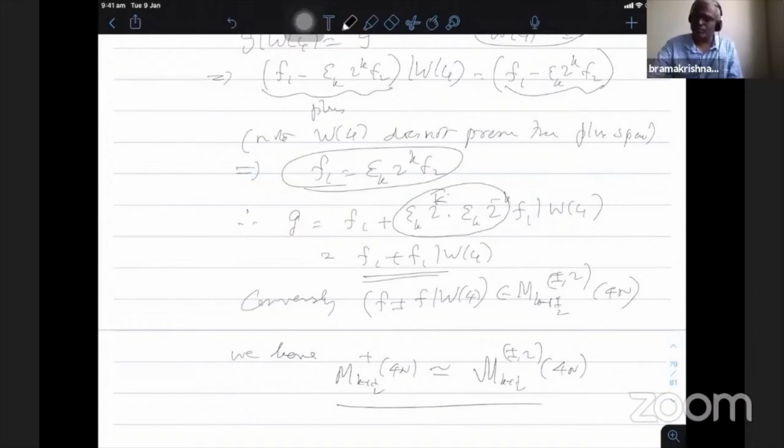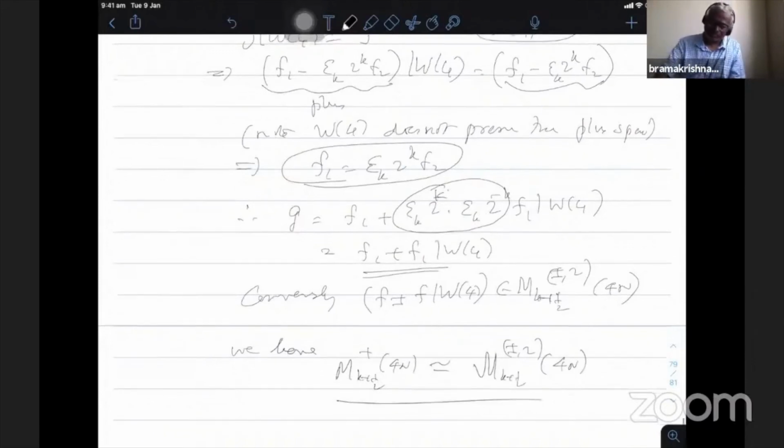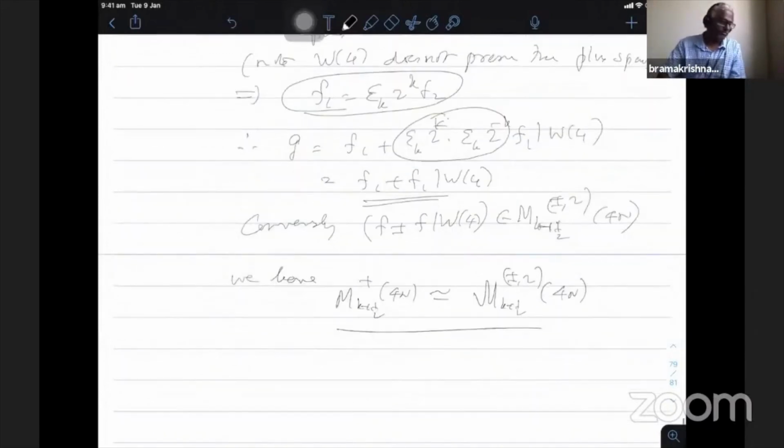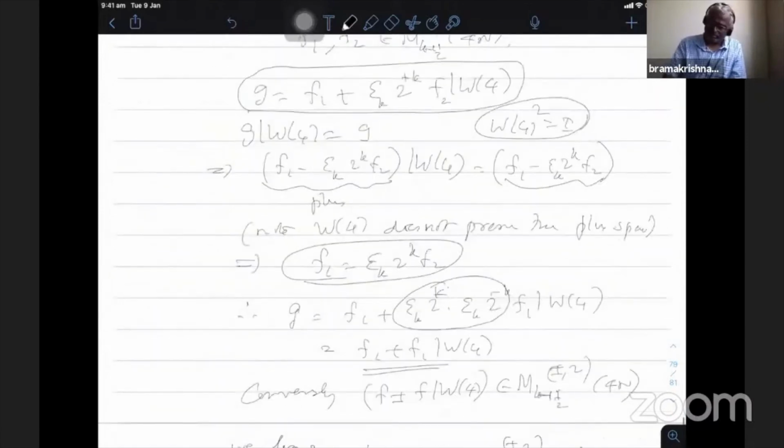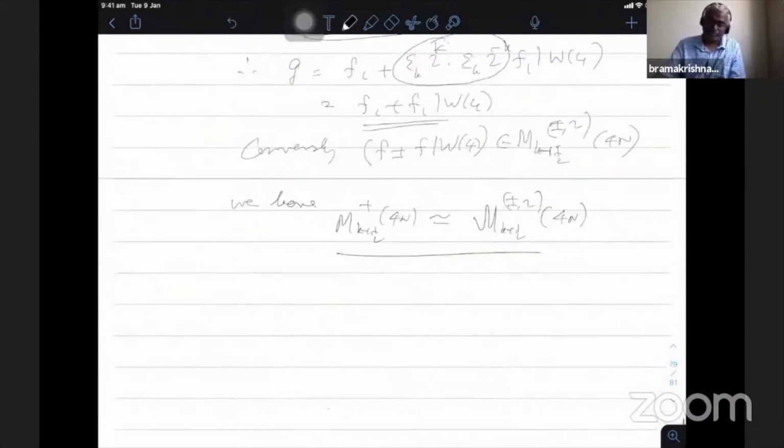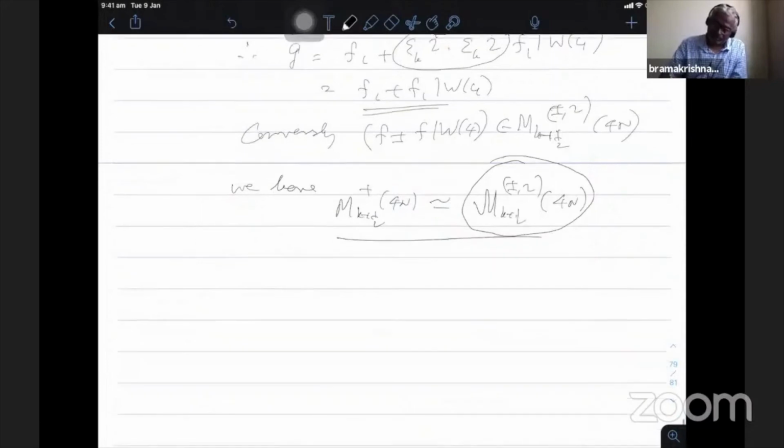Now we go to the proof of the theorem. I have to show the main theorem, that for t with the special property that t by 2 is minus epsilon k, the Shimura map takes the plus or minus 2 eigenspace to the level N space. Now it remains to show only the mapping property for this particular plus or minus 2 space, because all other things belong to the kernel. So, proof of theorem.